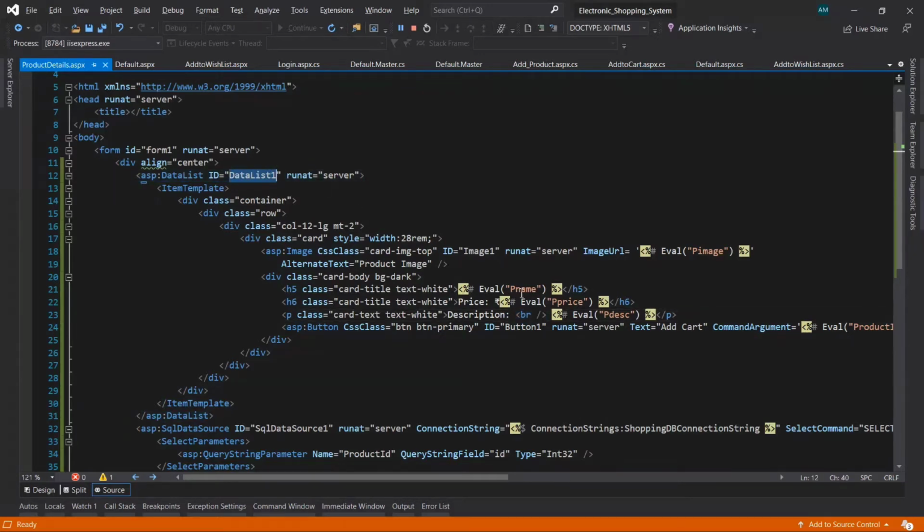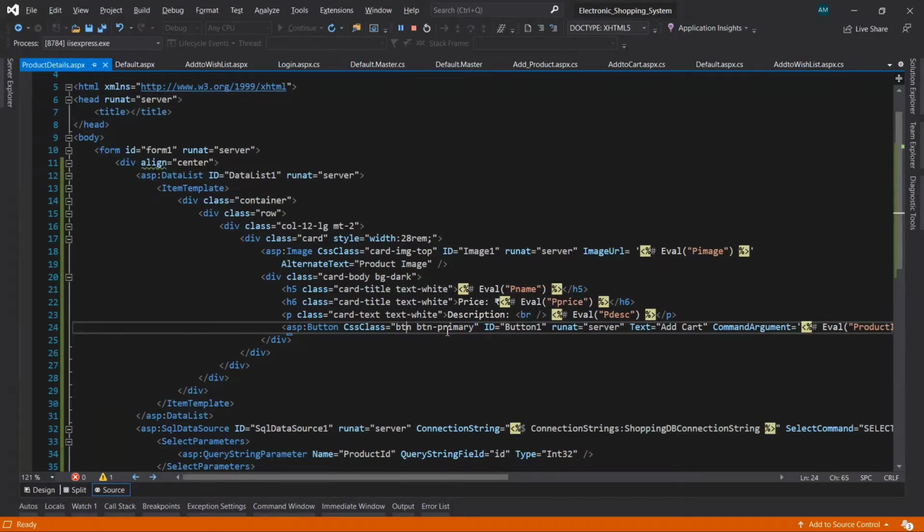After that I've taken one button control with the bootstrap class btn, which is the bootstrap class for a button. Then I've taken another class, btn-primary, which gives the button the primary color, a simple blue color.